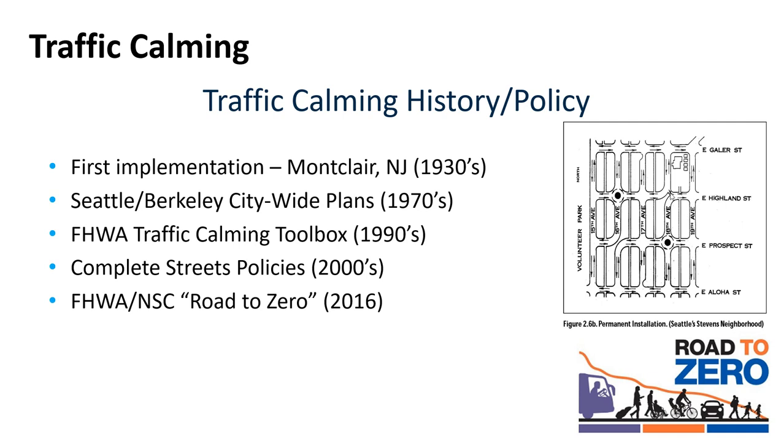Here's another one where you can turn right and at least go that way, but you can't go straight. So kind of a variation on that. Here's a bump out, and that is, if it's at an intersection, we call them a bump out quite often. If it restricts it so much that you can only have one-way flow at a time, then we call it